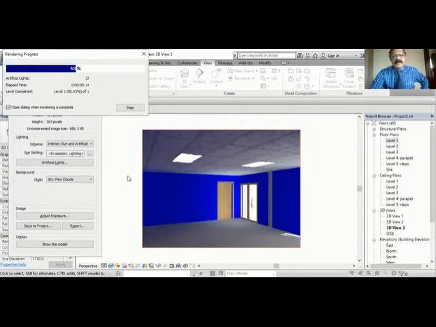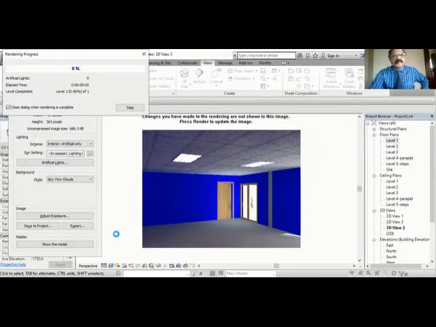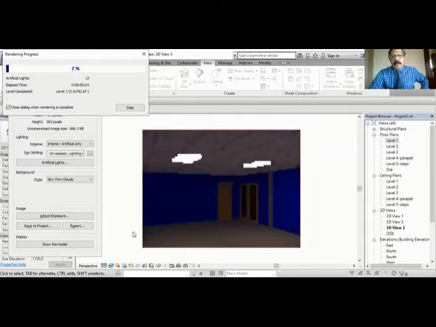Don't find much difference. It's artificial only. Interior artificial only. You can see only the light coming from here only.